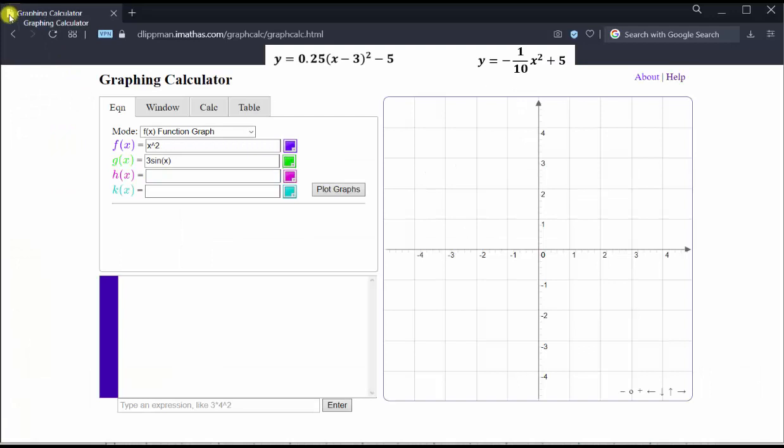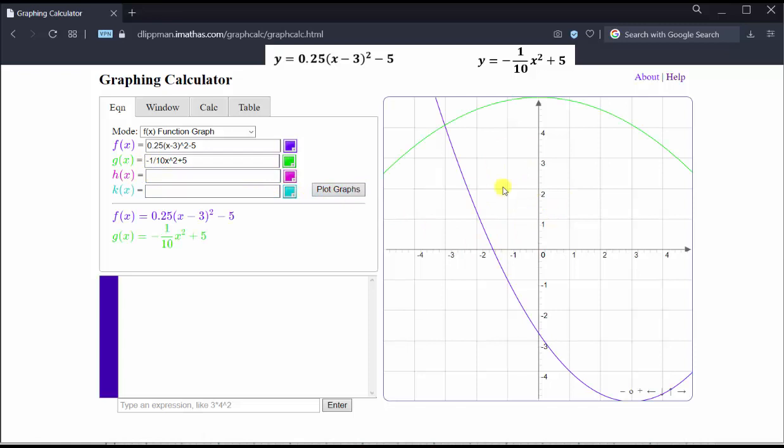Notice by default, there are already equations for f of x and g of x. We will need to change these. So let's go ahead and clear f of x and enter f of x equals 0.25(x - 3). To enter the exponent of 2, we click Shift 6 for the caret or exponent key, and then we enter the exponent of 2, and then we have minus 5. And now let's enter g of x, where g of x is equal to negative 1/10 x to the second plus 5. And now we click plot graphs, and notice how the graphs of both functions appear on the right,